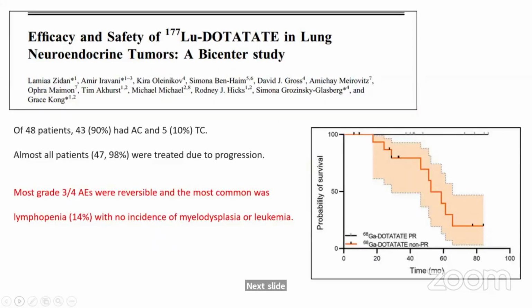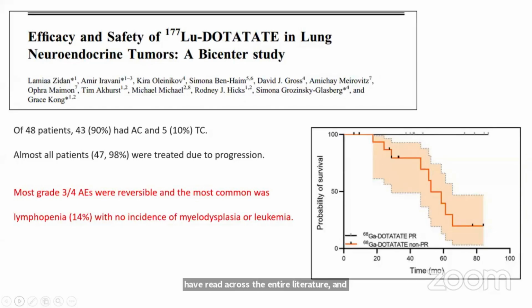Now, how do we use PRRT? Do we have enough evidence, or is the evidence still sketchy? Well, I would say that the evidence is still sketchy, and we have been just extrapolating from what information we have on GEP NETs. Now, this is one of the robust studies that I have read across the entire literature,